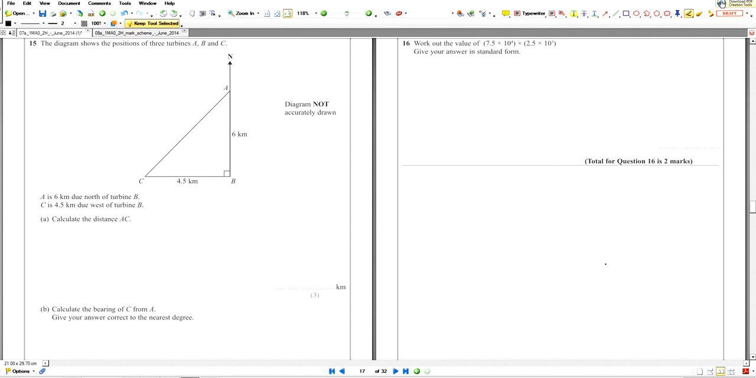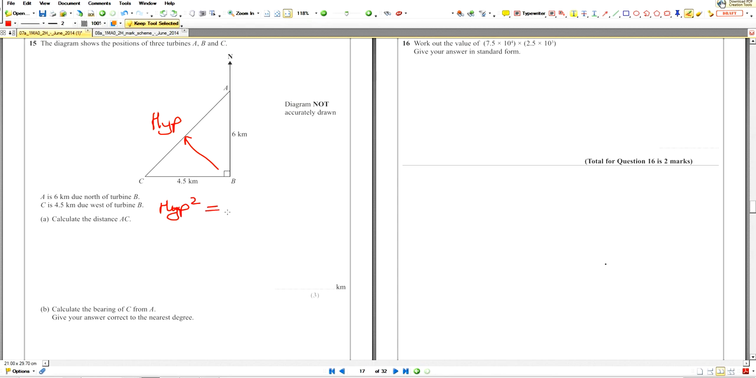The diagram shows the position of 3 turbines A, B, and C. A is 6.6 kilometers due north, and that one's due west. Calculate the distance AC. Now, we have a right angle triangle of which, what side don't we know? AC. Opposite the right angle, that side is called the hypotenuse. Okay? So we have a rule that says the hypotenuse